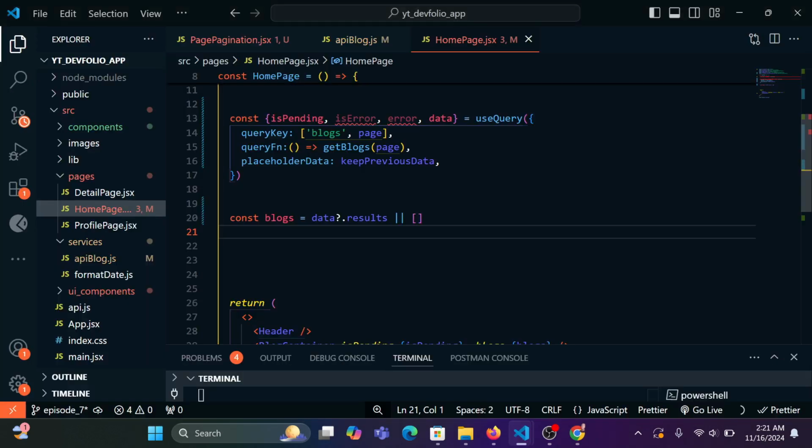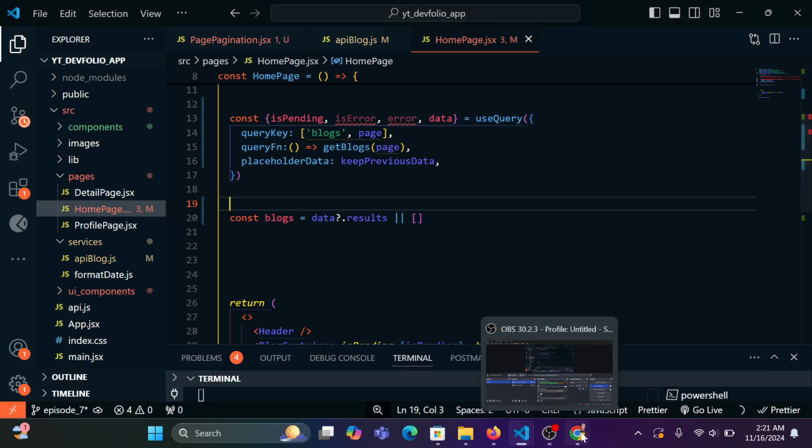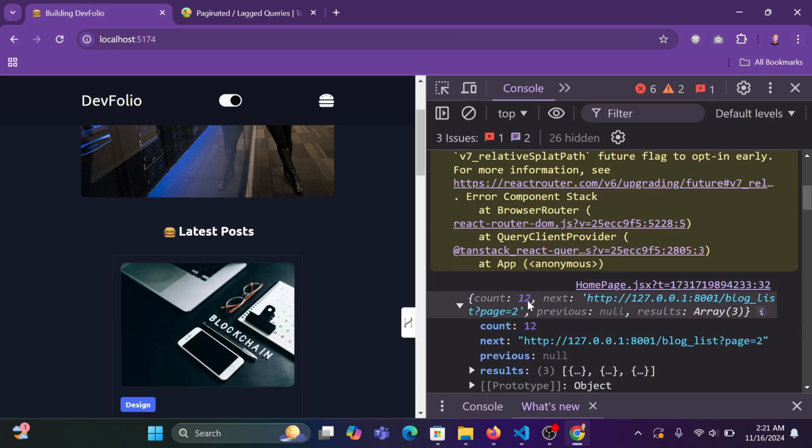So after we've done that, now we've gotten our blogs, right? So what's the next step? The next step is to know how many pages we are going to have. Remember, we are returning 12 blogs, and we are returning 3 blogs per page. So that means we are meant to have 4 pages, because we have 3 blogs per page, and we have 12 blogs in total. So how do I come about the 4 pages? By saying